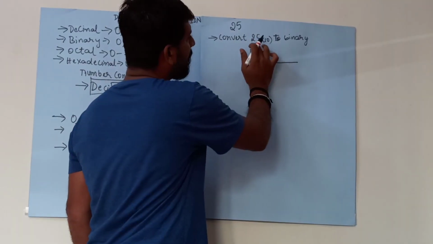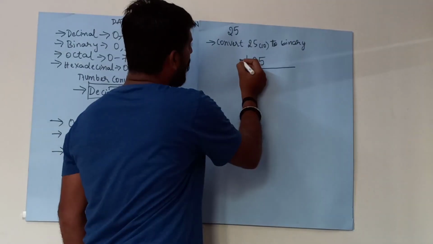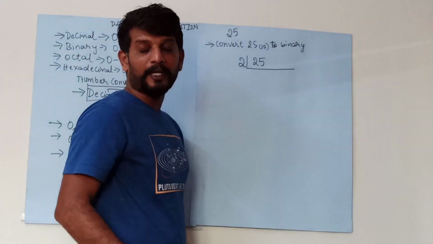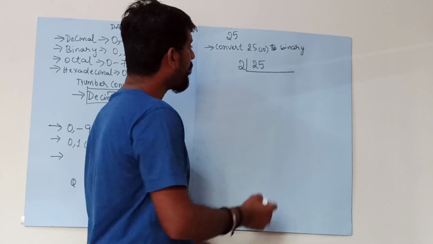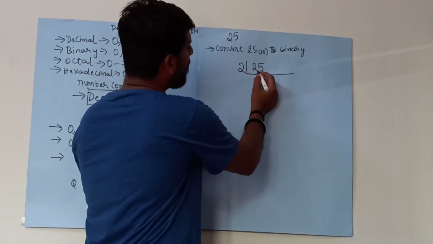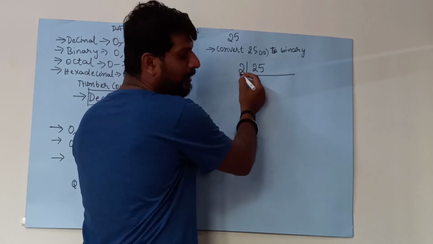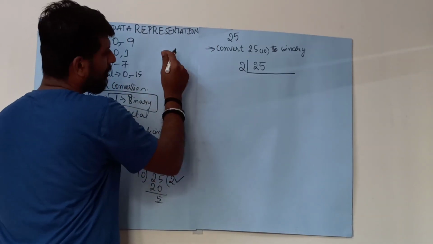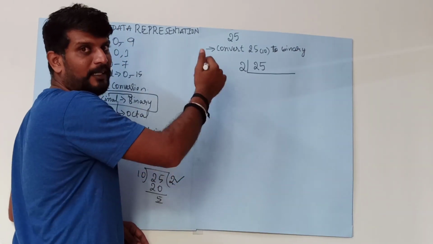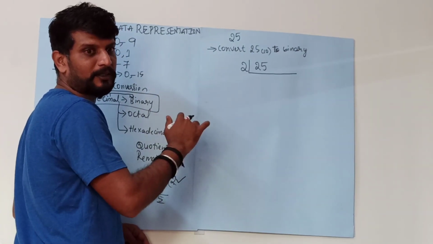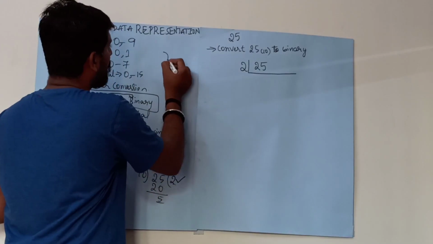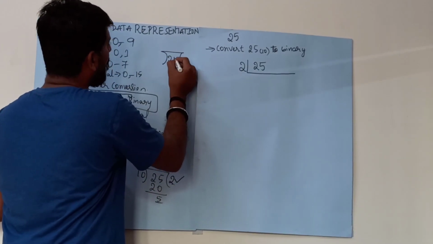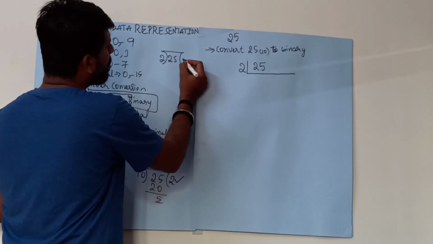Now I am converting the decimal number to binary. So what do I have to do? I have to divide it by 2. Now I am dividing 25 by 2. I will just show you how exactly you have to do it. You should not divide till it becomes 0, and you should not make use of decimal points. So 25, I am dividing it by 2. So what happens?